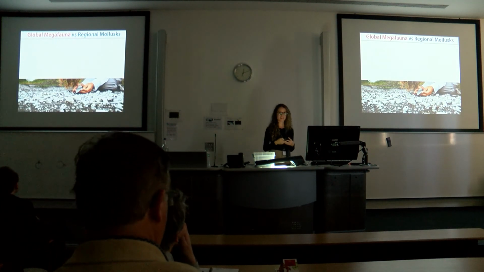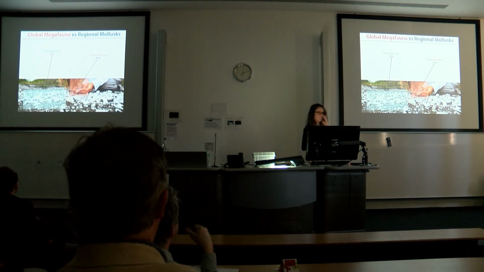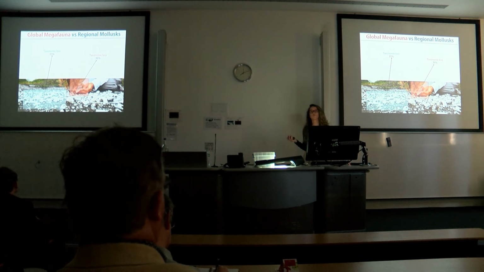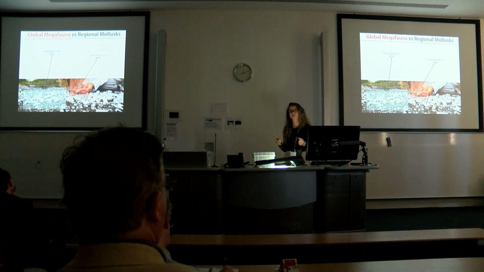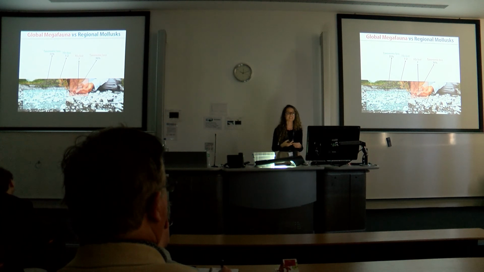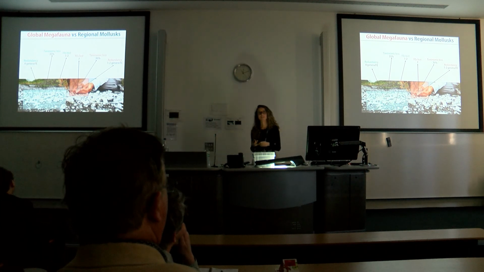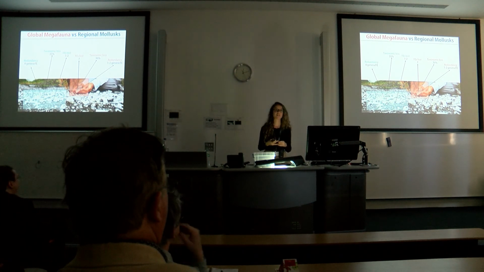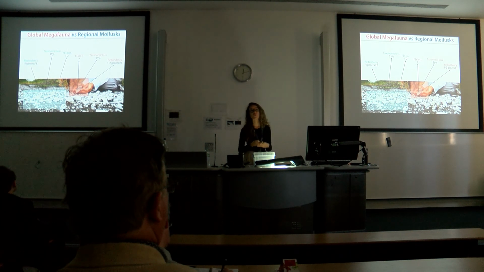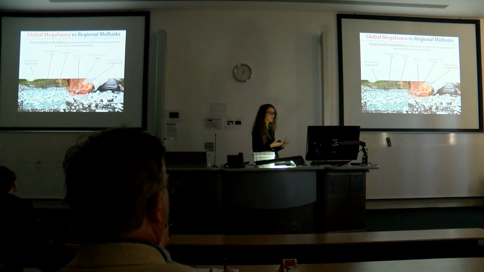So as a take-home message, what we found is that there were 2 extinction events. One was global, one was regional. In both, we lost a similar amount of genera. However, with the marine megafauna, we lost around 7 functional entities, and for mollusks, only 1 or 2. And we think that is because redundancy is a very important determinant. For example, the redundancy of marine megafauna is 1 or 2 genera per functional entity, whereas for mollusks, we have at least 4. So we propose that functional redundancy is a key element in assessing the ecological impacts of extinctions.